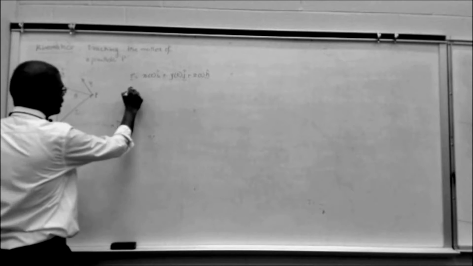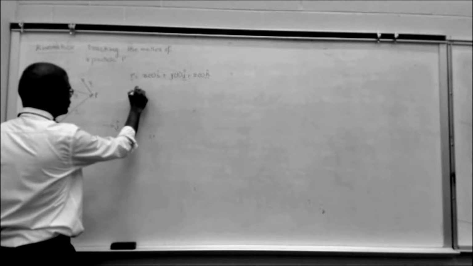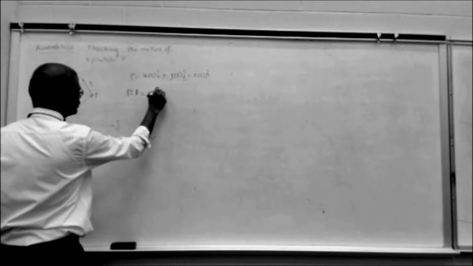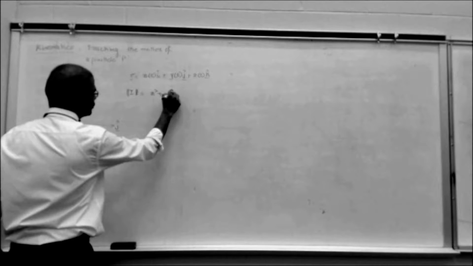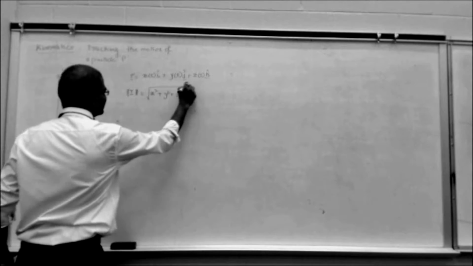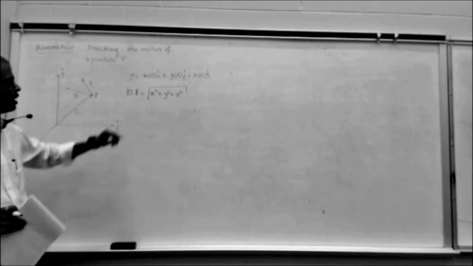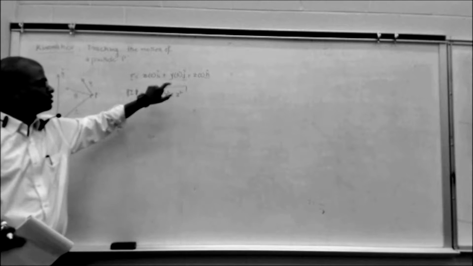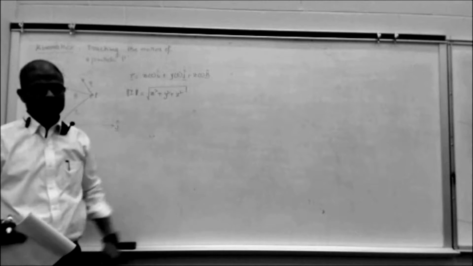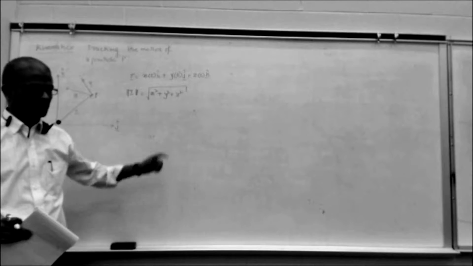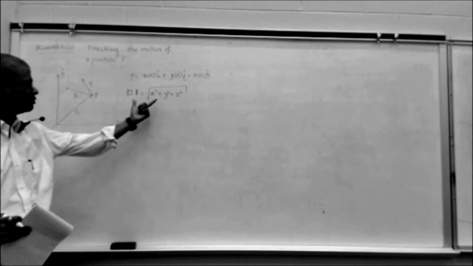What does the magnitude of r equal here? It is again x square plus y square plus z square, right? Notice how only this one has t. These don't have t. I'll get to that, but